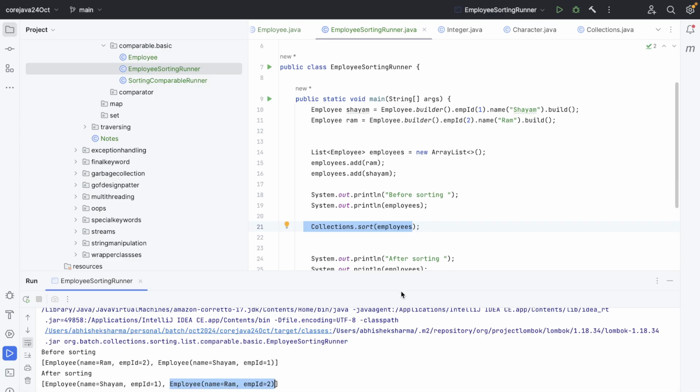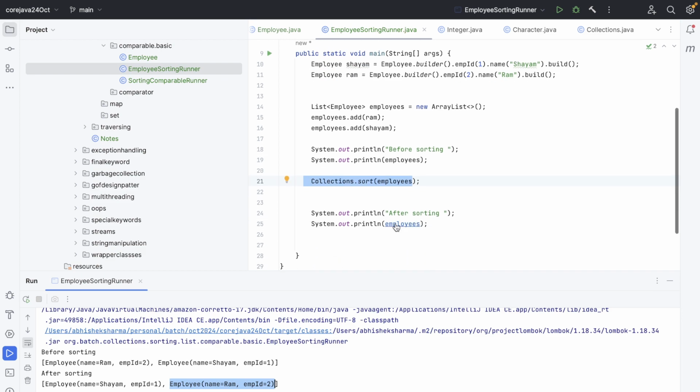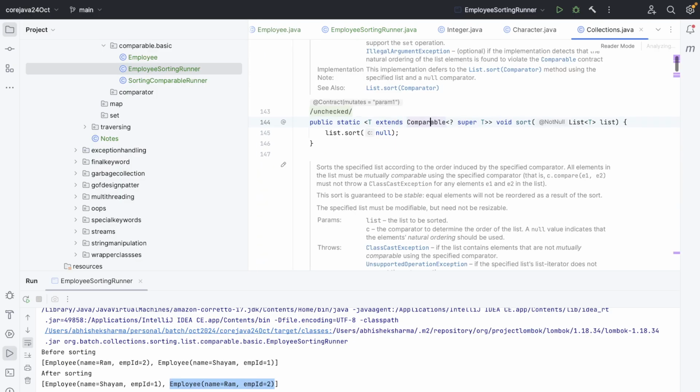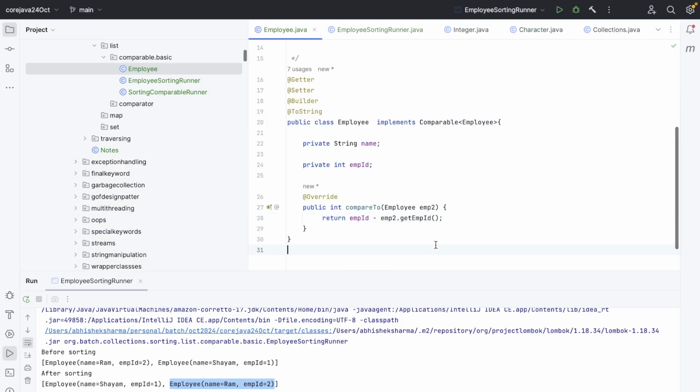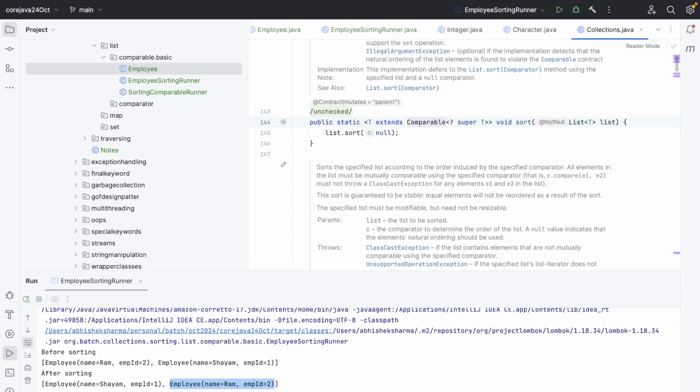Yeah. And what if I want to sort in reverse order? This is in ascending order of employee ID, right? What if I want descending order of employee ID? Nothing else, I'll just remove this minus, the employee ID minus this. Now if I just go here and run it,